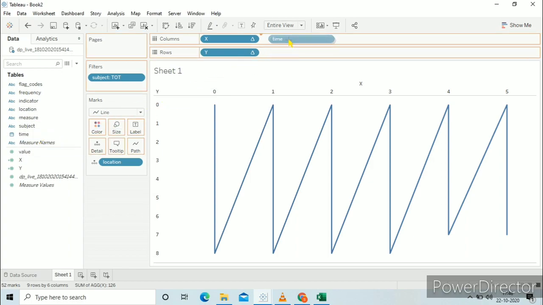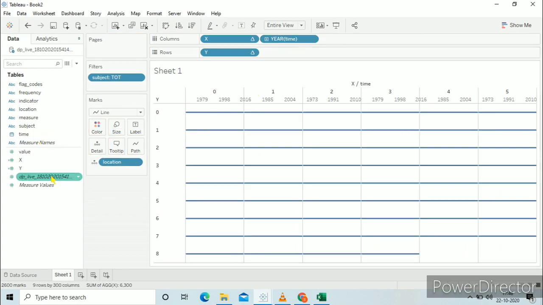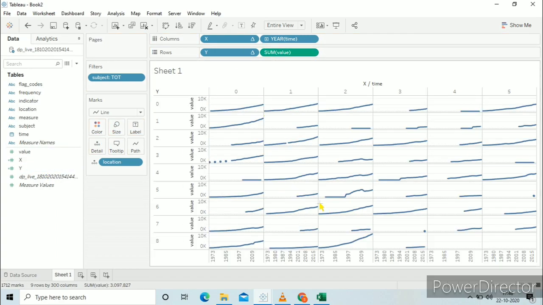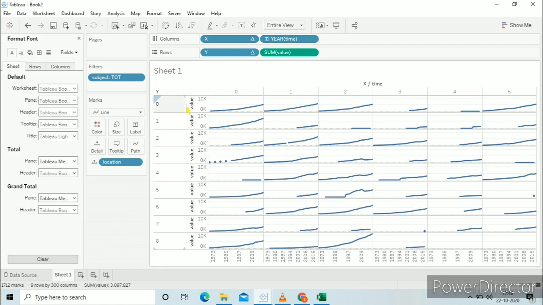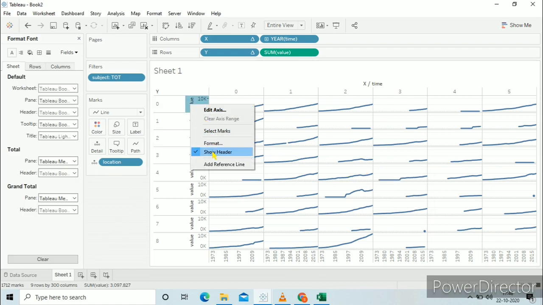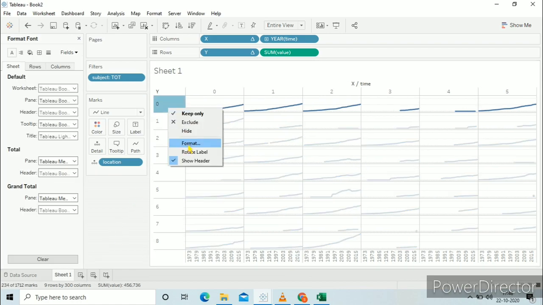Now drag time to the columns and value to the rows. And your small boxes with trend lines is ready. So first we will format it. So for formatting we will remove the headers.